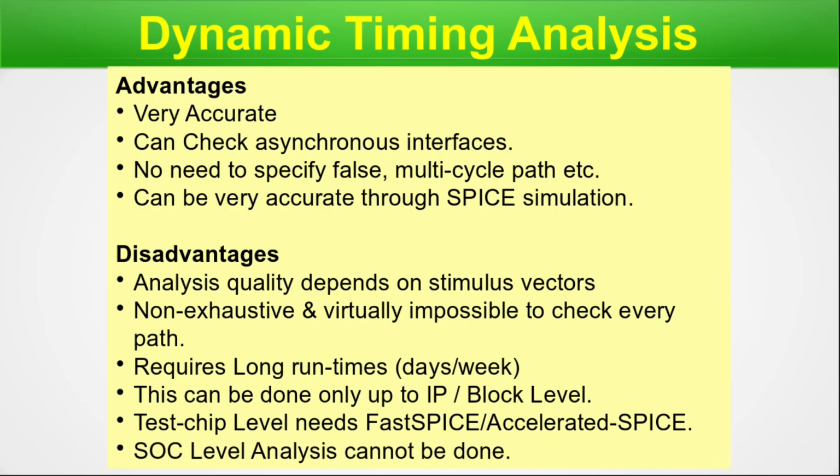The next point is the SOC level analysis cannot be done. So that is the roadblock or bottleneck, whatever you call. The dynamic timing analysis cannot be used for the millions of instances, the SOC level or the ASIC level. Because if you look into this slide, there are several points that will eat up, because you cannot write so many test vectors for so many millions of instances. You cannot run them week after week or month after month. Then you will not finish your analysis on time and you cannot tape out. So that's why you cannot apply this on the SOC level.